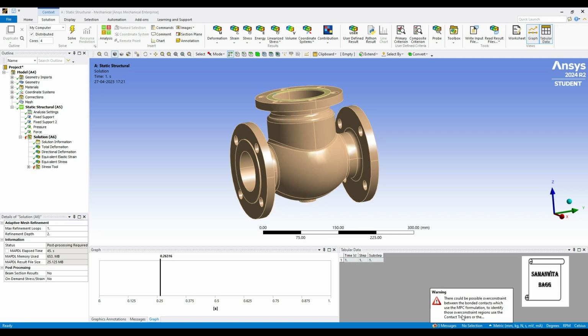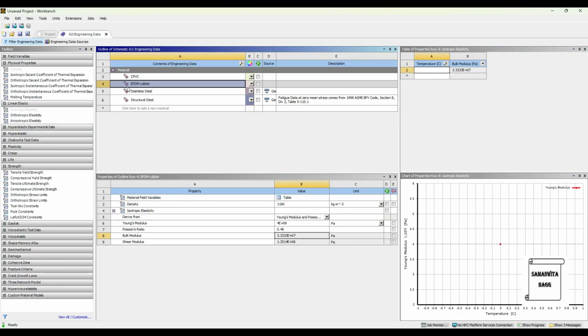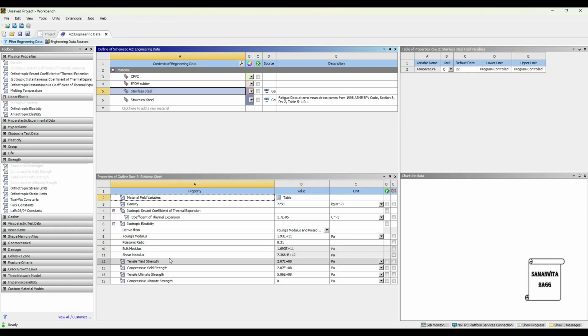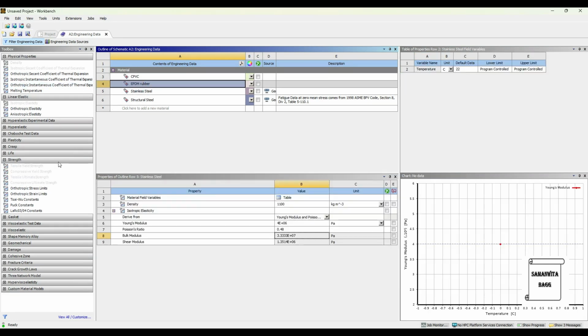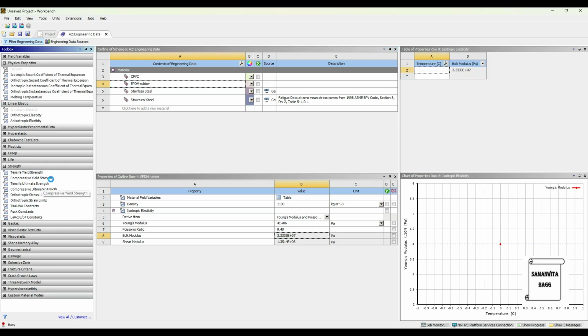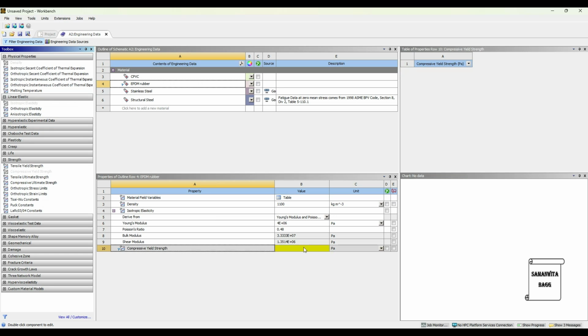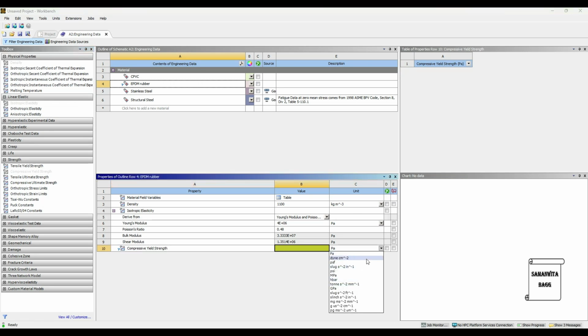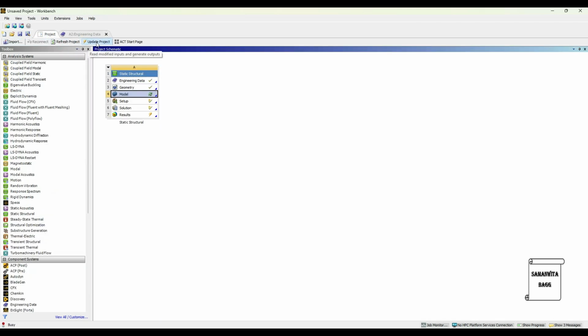Now this problem is because of the material of the gasket that I have used. In case we change the material of gasket to steel and solve, or maybe if it is rubber itself, you need to give the value of tensile strength of this rubber, because for steel, the tensile strength is already known. So for this value of rubber, if you can give the yield stress value, this value lies between 500 to 2500 psi. So let me give this value as 2500 psi, and we will update the project.